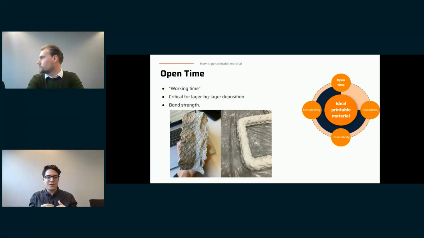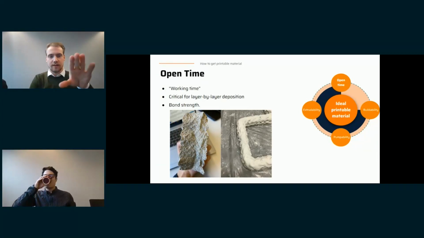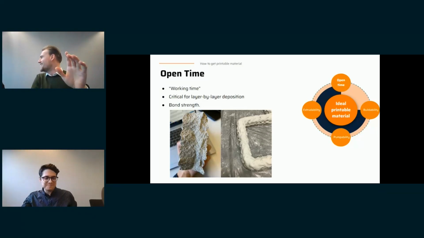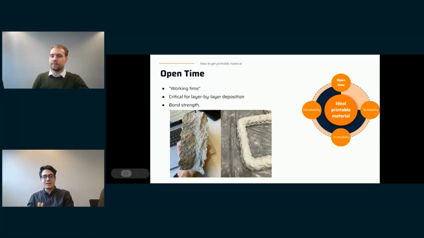So if we have an open time that is too long, and the second layer comes when the first layer is not ready, it's going to happen what happened when we were trying other materials, which is in the right picture. I'm happy you said that. For everyone that looks at this print for the first time, this is not our average print quality. It was an experiment with new materials. So clearly the second mix didn't have the proper buildability, didn't have the proper strength for the material to resist.